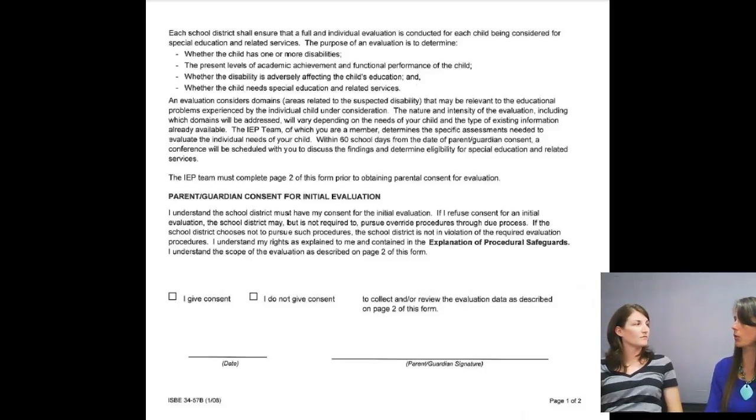The social worker will typically contact you, the family, and get information from that end. That's done through an interview, either through the phone or you'll meet somewhere and talk through some of the things. You might also get some questionnaires or behavior rating scales if that's one of the concerns that was talked about at the domain meeting. If there are other areas noted in the domain, such as speech therapy, occupational therapy, or physical therapy, then those specialists will come in and also do some evaluations with the students.